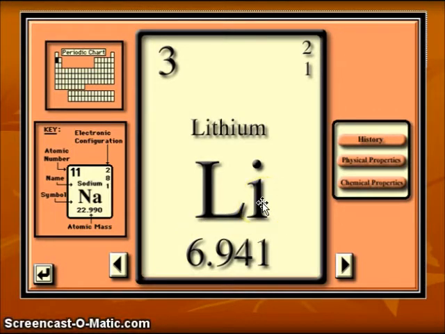This slide is a look at the periodic table and the information that it tells us about the different elements. What we're going to find is the name of the element, lithium or sodium, the symbol of the element, which is either 1 or 2 letters, the atomic number, which tells us how many protons, the average atomic mass, which is telling us the average weight, if you will, of an atom, and this periodic table also gives us information about the electron configuration. This is not going to be included with every periodic table.